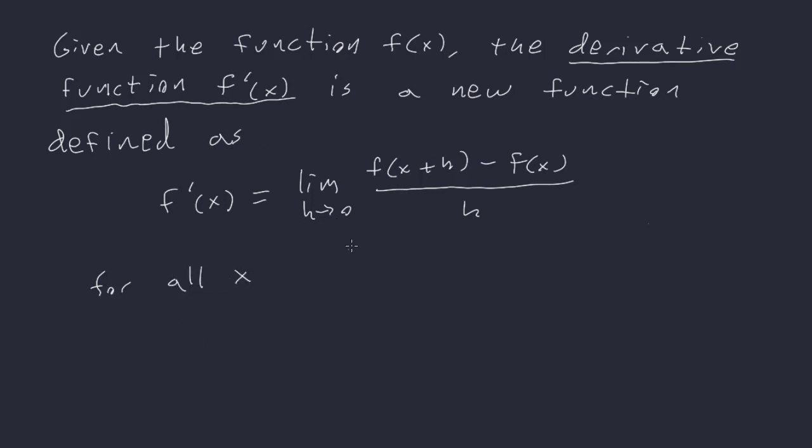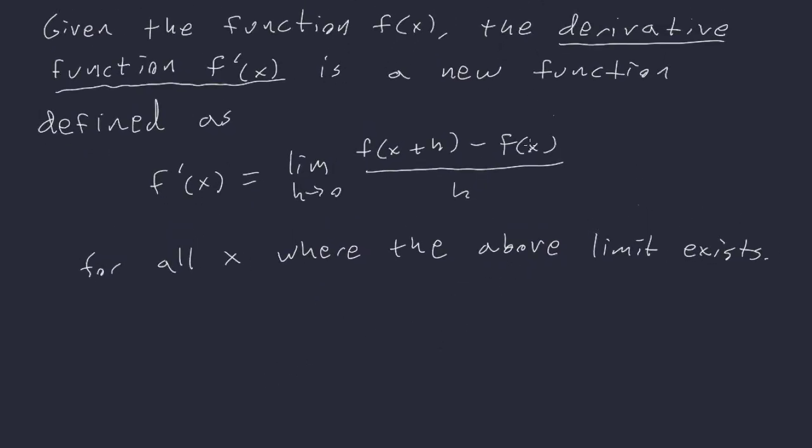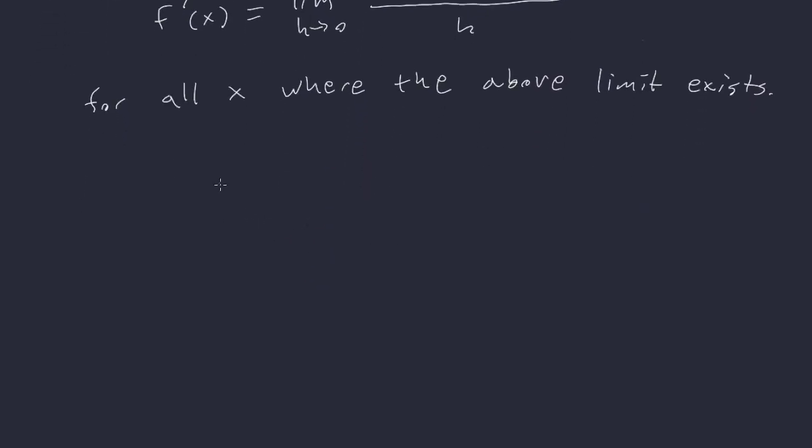where the limit exists. Okay, so that's one thing here, is since the derivative is defined as a limit, it's not always going to exist because limits don't always exist, and we'll talk about that in a bit more detail in a little bit. But first, what we're essentially doing is, one, it's this idea here with the limit, right? We're just creating a new function with this limit,